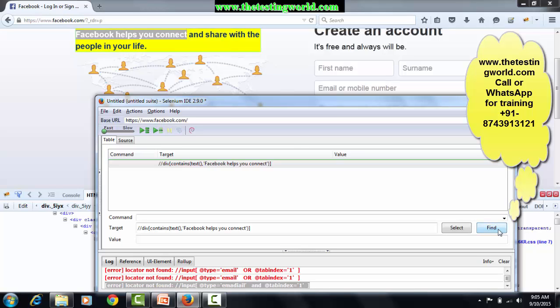Still I'm able to search it. So that means my contains is working perfectly. This contains is mainly used when we have dynamic text, a dynamic element, that we are getting. So right now we have gone through the technique which works on the dynamic text. Now the different techniques which we have used before: